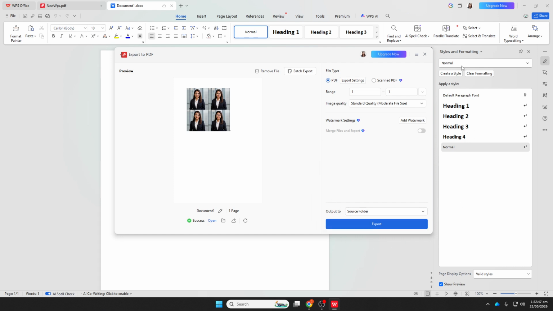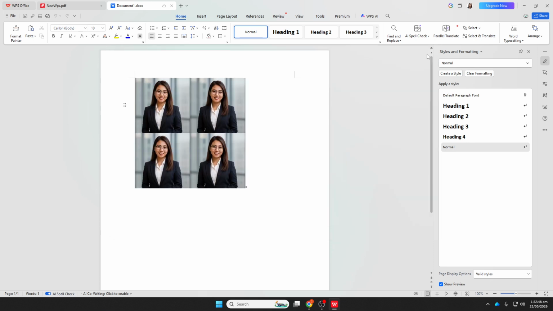That's it. You've saved your WPS Writer document as a PDF quickly and cleanly, ready to share, print, or